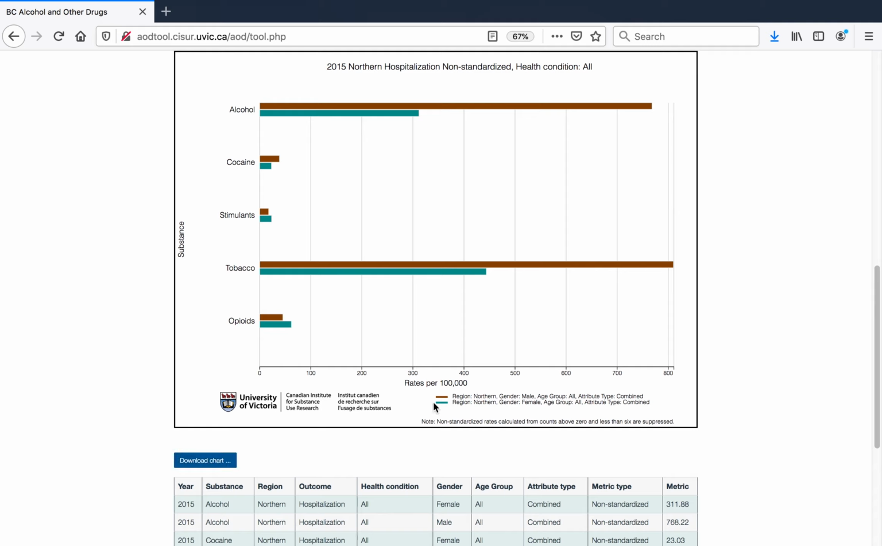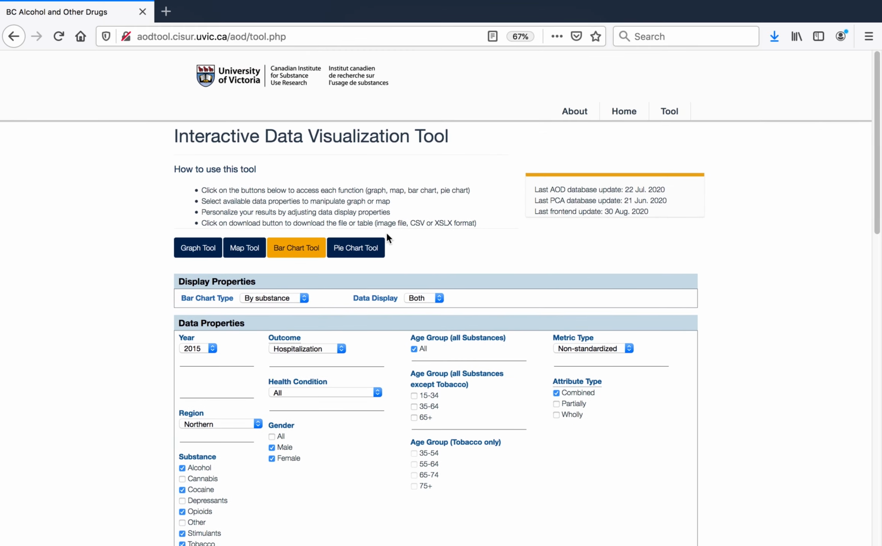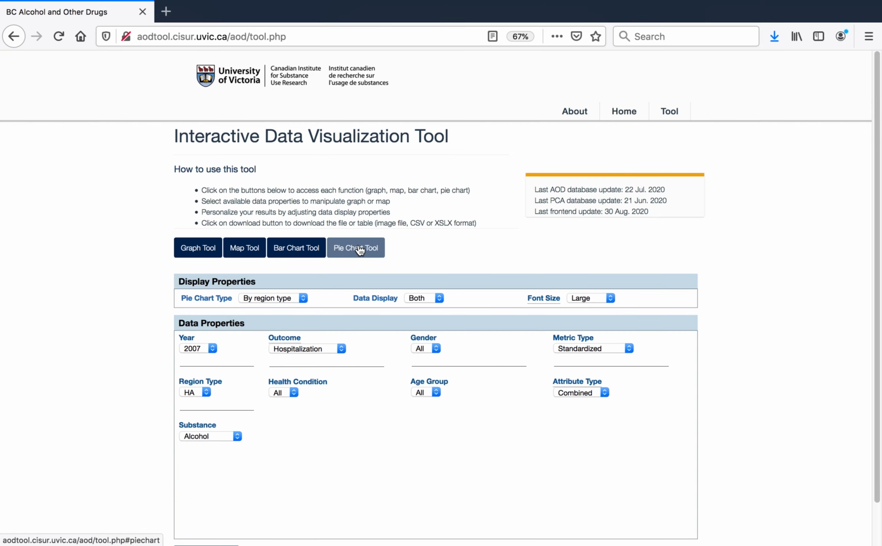The final example is the Pie Chart tool. To select the Pie Chart tool, click on the Pie Chart tool tab. Like the bar chart, the pie chart can display by region type or by substances. If, for example, we are interested in death counts partially attributable to alcohol for age group 15 to 34 for 2015, select Death for outcome,